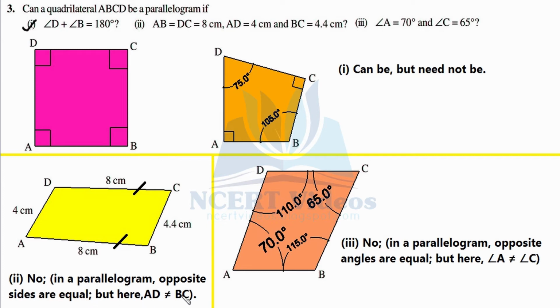But here, AD is not equal to BC. That is clearly provided to us in this question itself. With this, if this condition is given to us, we will not be able to create or draw a quadrilateral ABCD. In the third part, we are given angle A equals 70 degrees and angle C equals 65